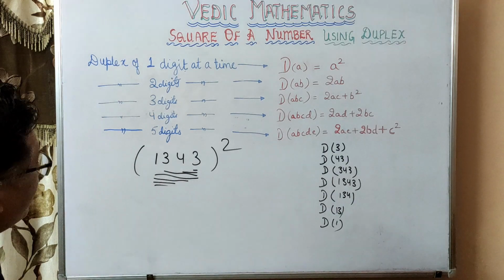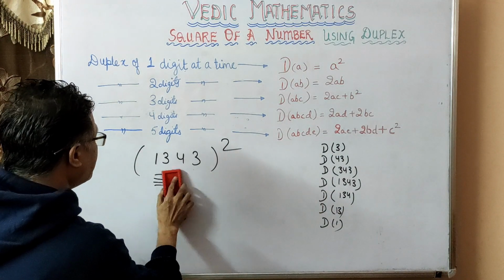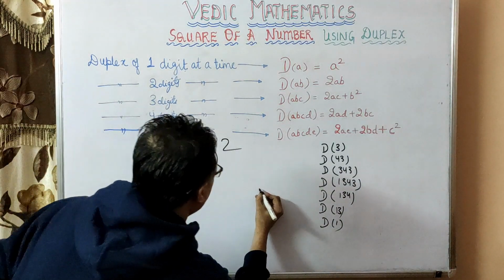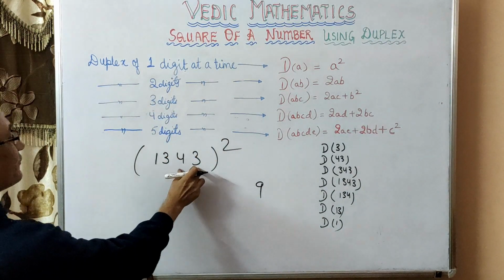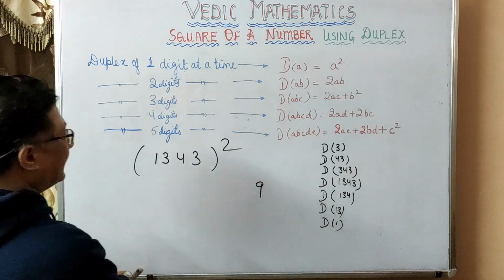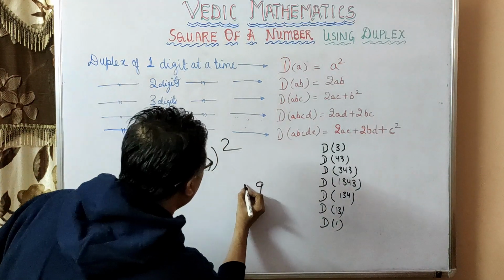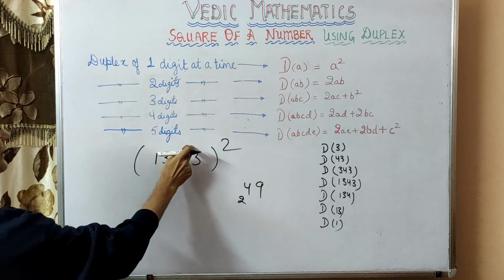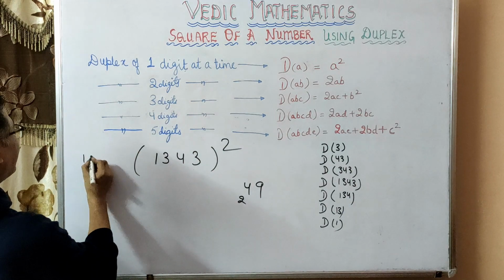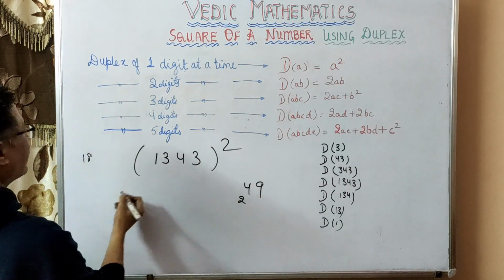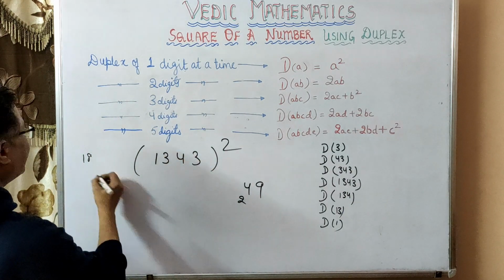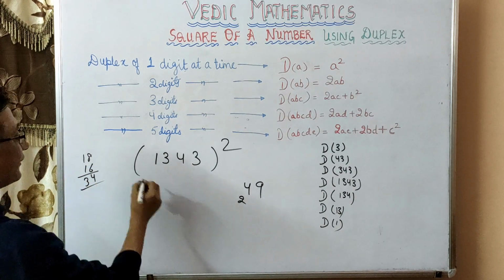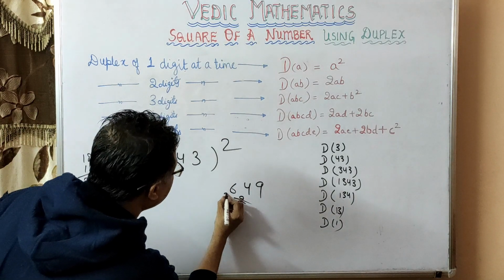Now let's see how this actually happens. So duplex of 3, square it, 9. Duplex of 43, 4 3s are 12, double it, 12 2s are 24. 4, 2 is carried forward. Duplex of 343, 3 3s are 9, 9 2s are 18. And then 4 square, because this is the only one remaining, 16. 8 plus 6, 14, and you have 34. Add this to 36, 3.